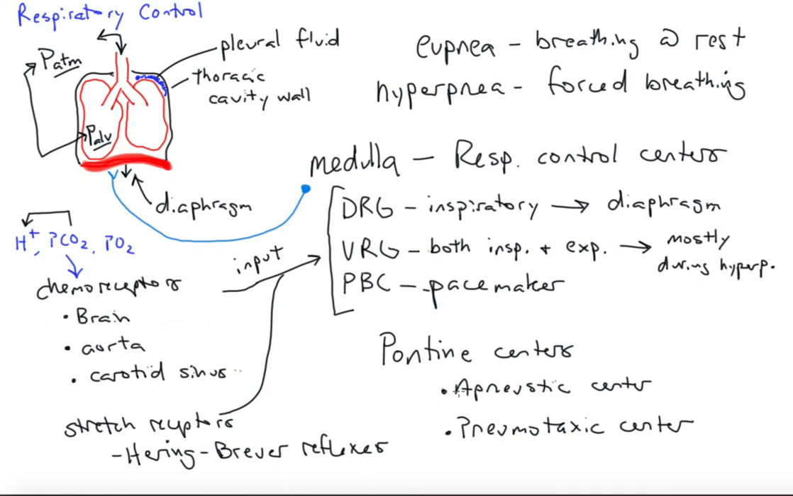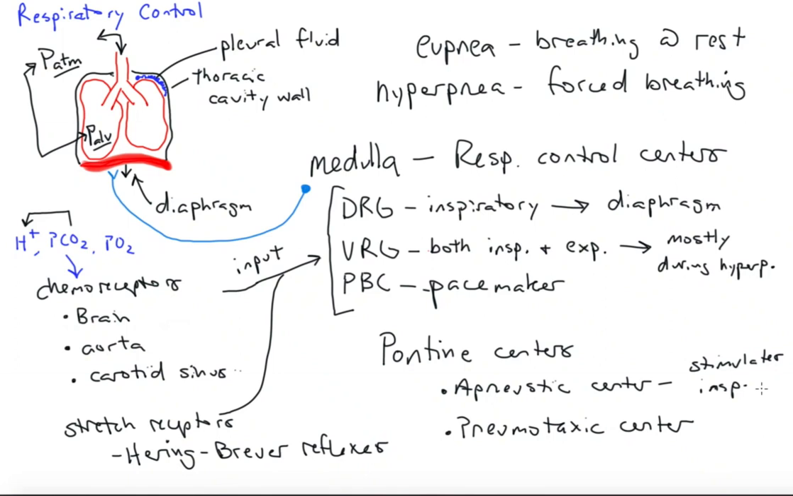Right? And what these guys do is they get some of the same input from chemoreceptors and stretch receptors, and they modify the output of the medullary receptors. And so what does the apneustic center do? It stimulates inspiration. Right? So this is the center that's tending to drive